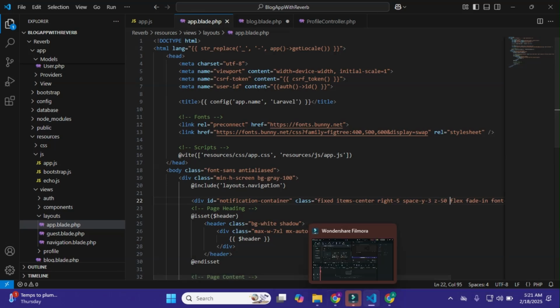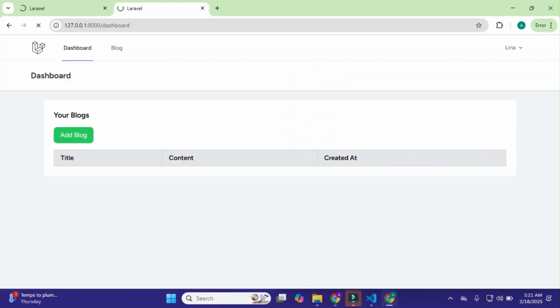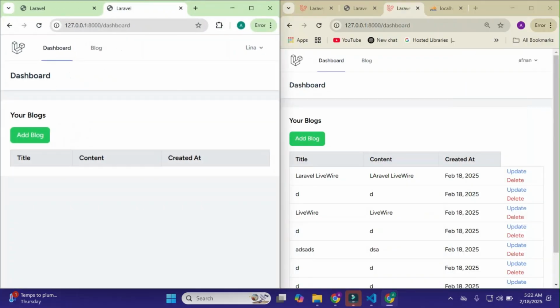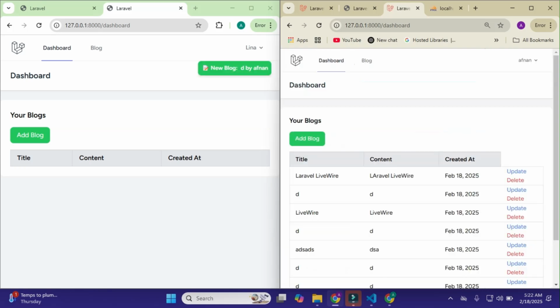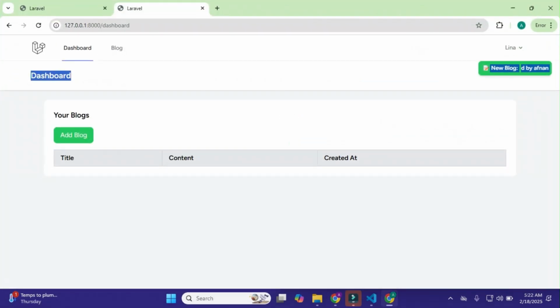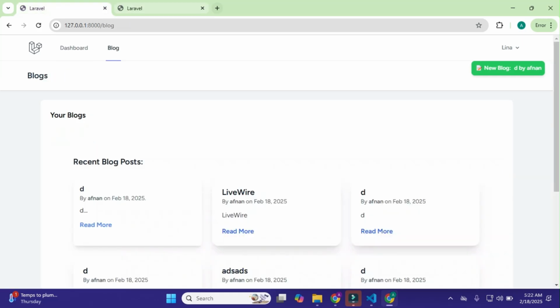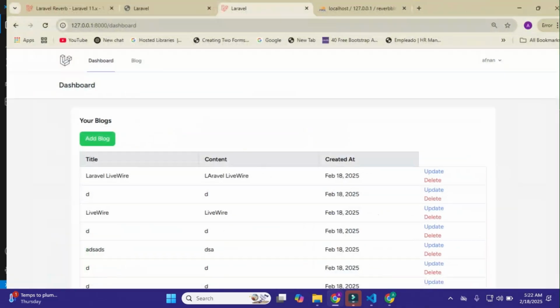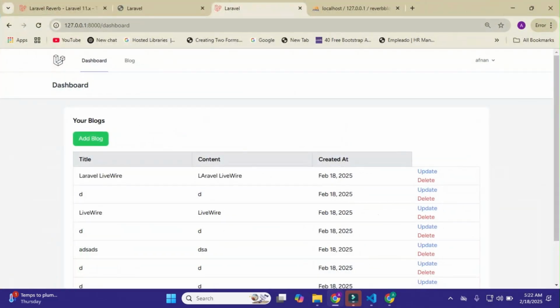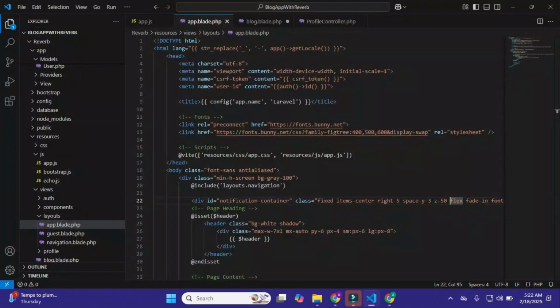That's it. Okay, so now I'll just simply create a blog again, and I think it will show me the notification here now. I'll just simply create a blog, and here it will show me the notification on the right side. Amazing. Okay, and also it will show me the notification on multiple pages. Okay, but it will not show me the notification to the same user who created the blog. So that's great, amazing. We did all the things in it.